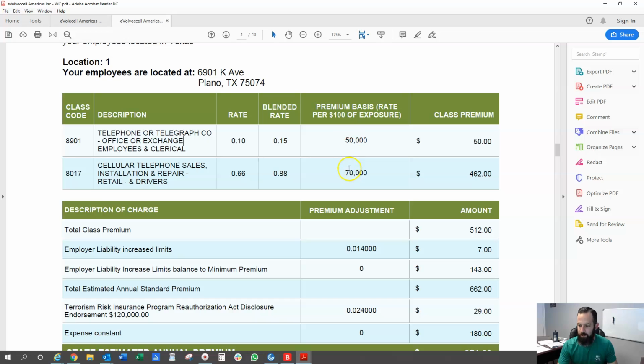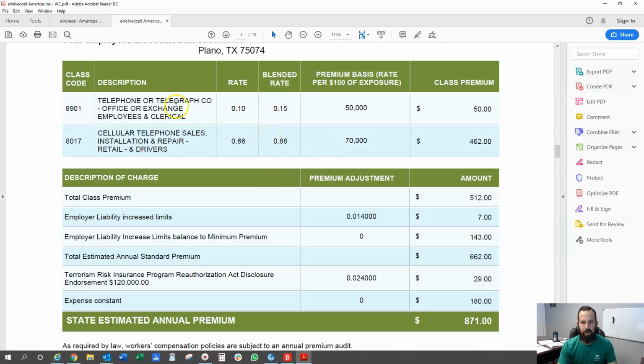If this needs to change, or if this is not right, that is what I need to know to make sure I modify the workers' comp proposal accurately. I need to know how many employees and how much we're paying the employees that are doing the actual sales, installation, and repair, and then also those that are just clerical employees, and what their payroll is. So these are numbers that have not been modified because I wasn't told anything different, or we don't have any